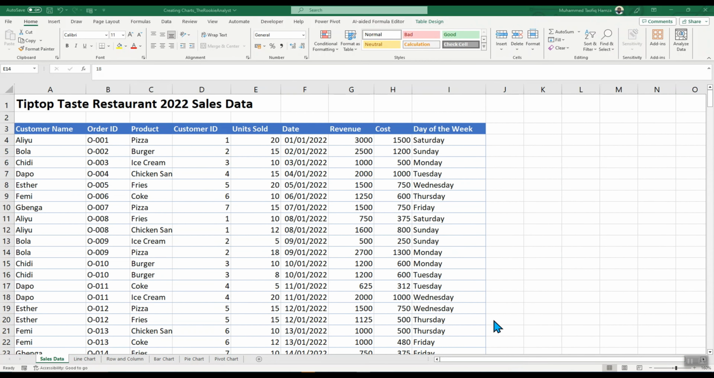To demonstrate this, we'll be using the Tip Top Taste Restaurant 2022 sales data, which is the data set we'll be using all along in this series. However, in this particular lesson, we're going to be pulling out subsets of this data to demonstrate how to create charts to answer specific questions. So to start with,